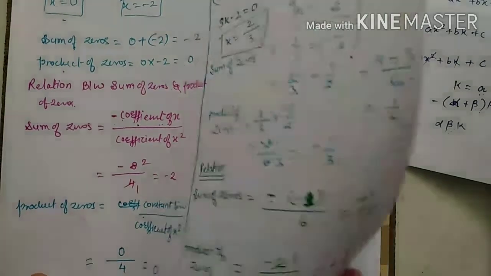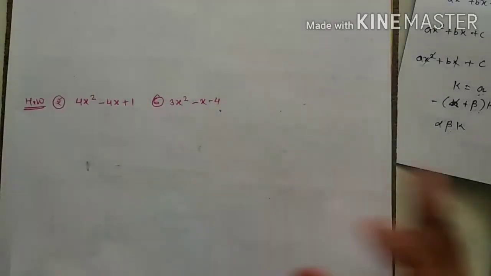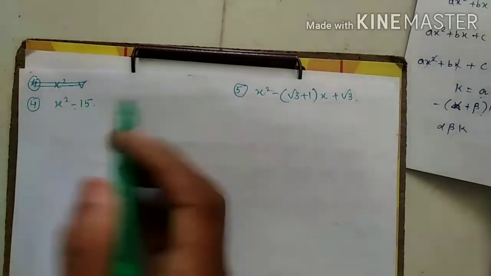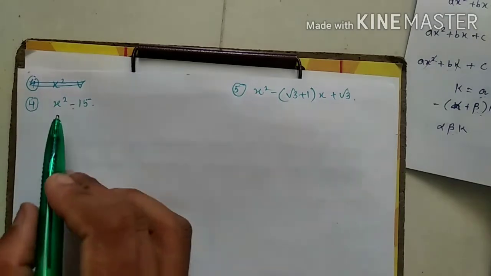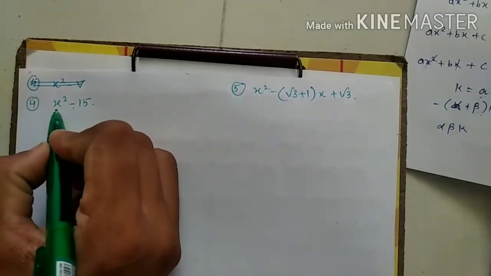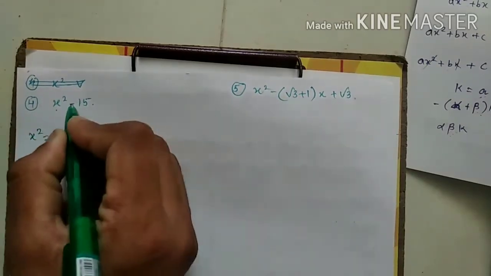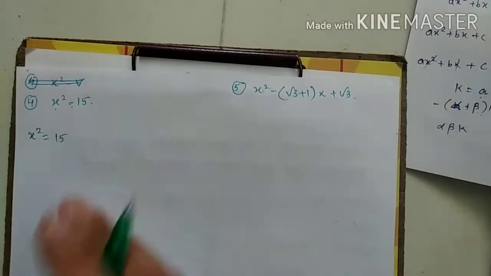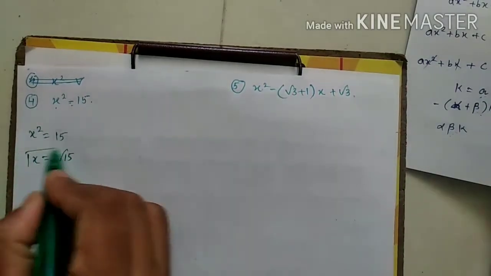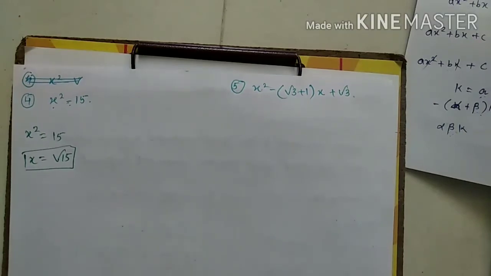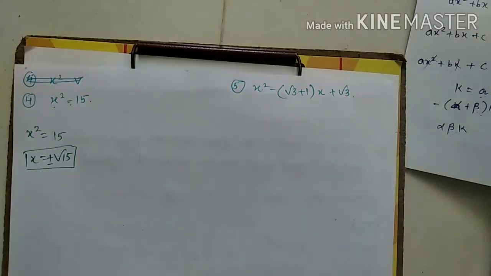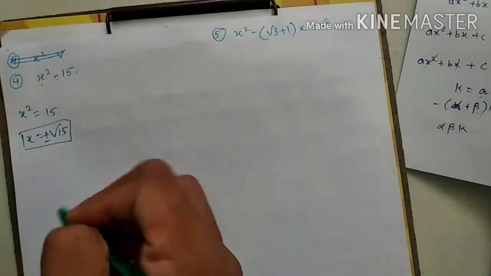Okay. Now come to one more last question. See it. X square minus 15. Just understand the terms. As you know, again we have to find the zeros, the same thing. As you know, we require the x. So x square is equal to negative 15. Go that side, become 15. Correct? It has a square. So I will put what? Under root 15. And as you know, if anything is under root, it has a negative aspect and positive aspect. So I can write like this: plus minus root 15.